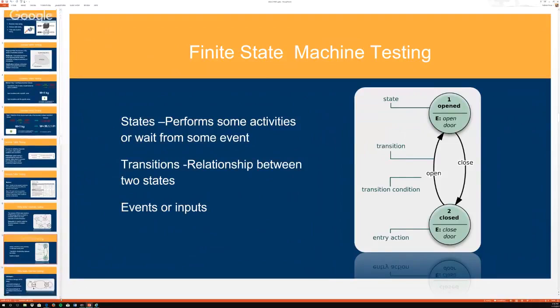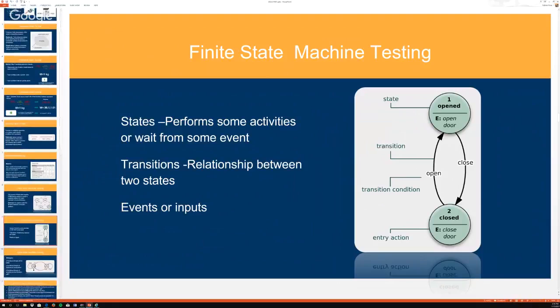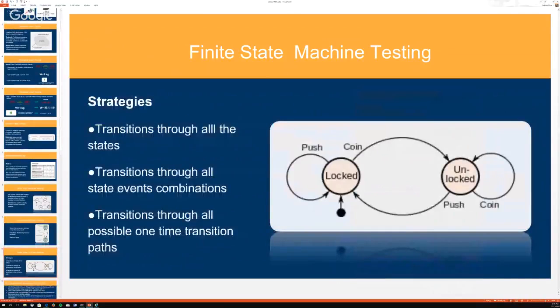Some of the strategies that we can follow are to see the transition through all the states, or maybe transition through all the state event combinations, or maybe we can put in a wrong event and see what happens with the system. So basically, those are the tests